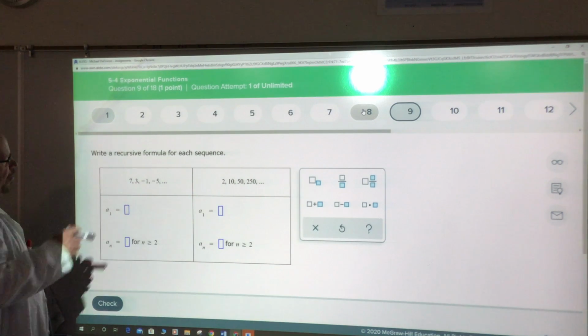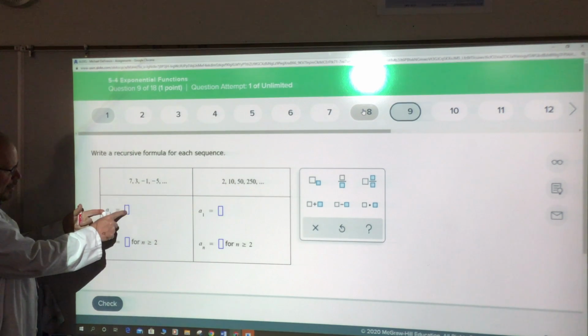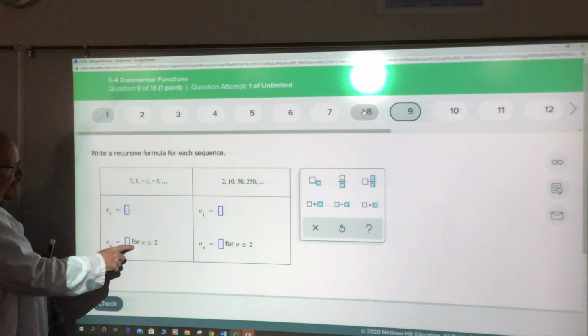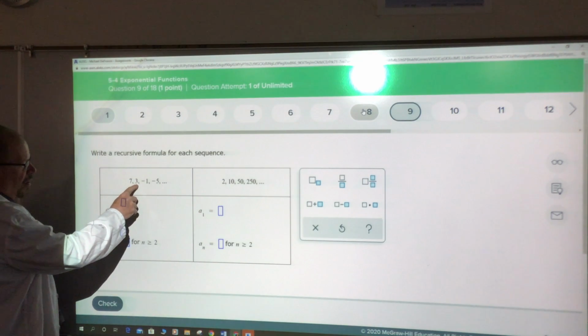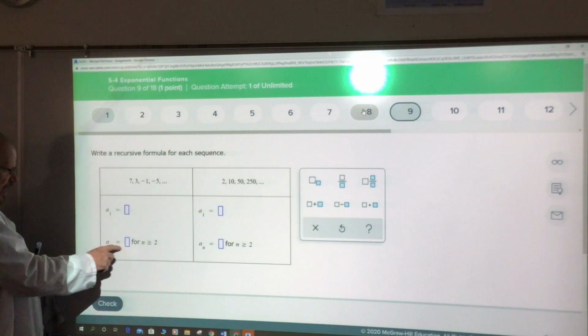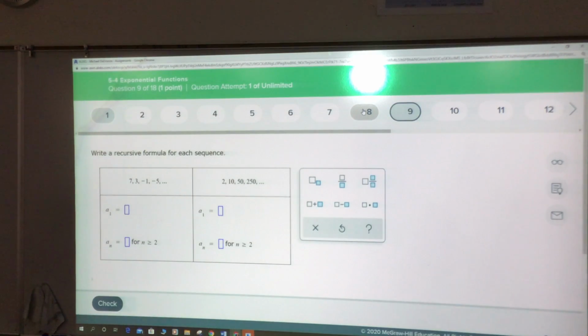Writing the recursive formula. It's a 2-part. The first term is 7. And then the nth term is, well, what are we doing each time? We're subtracting 4 in this case. So the nth term is the n minus 1th term minus 4. So let's do it. 7, and then a of n equals